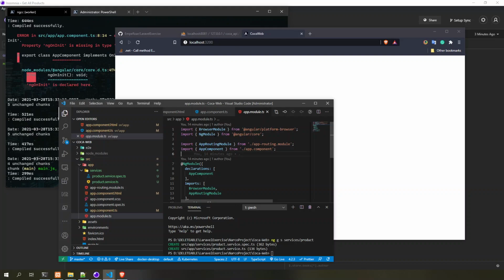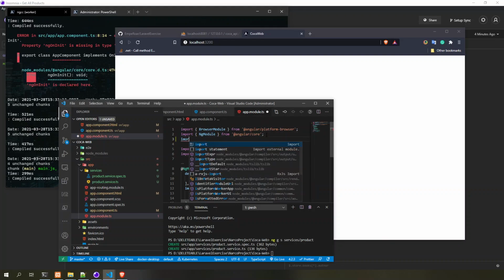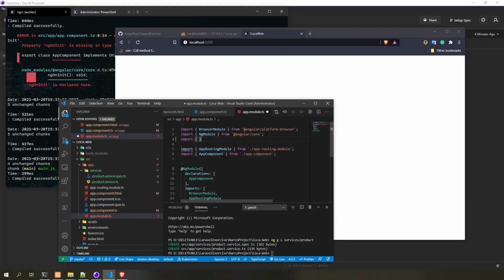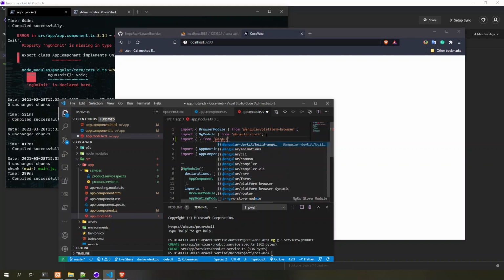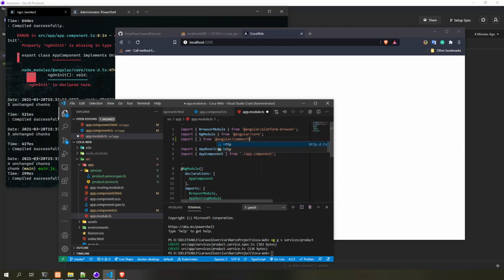Is it in core? No, I think it's import from @angular/common/http, that one. Then HttpClientModule,